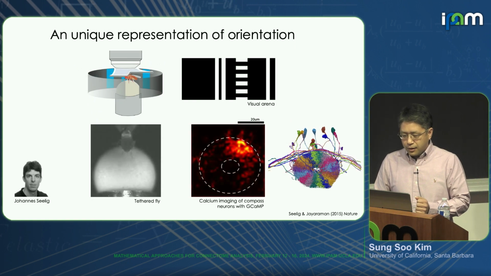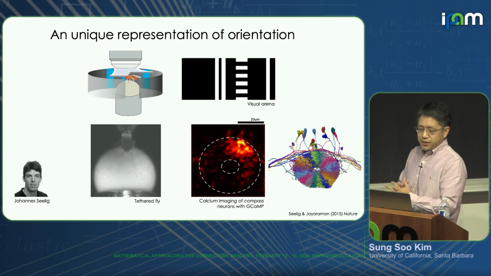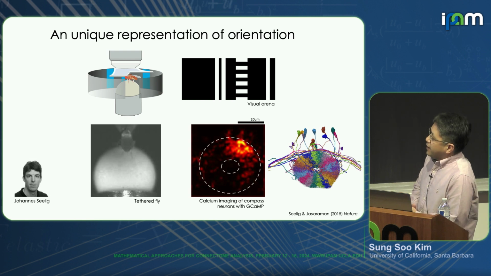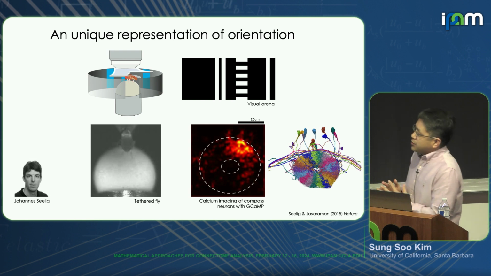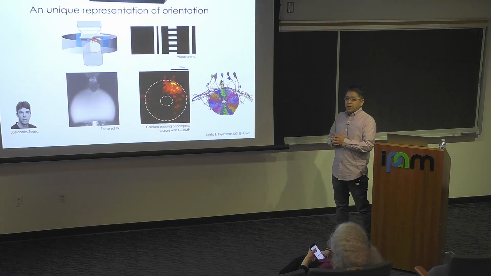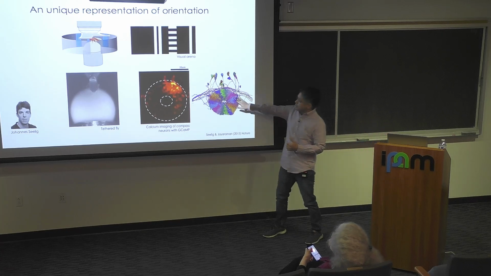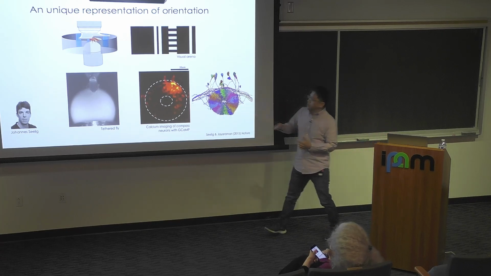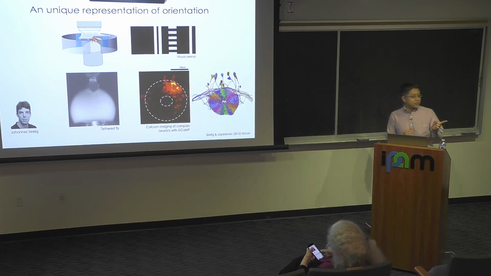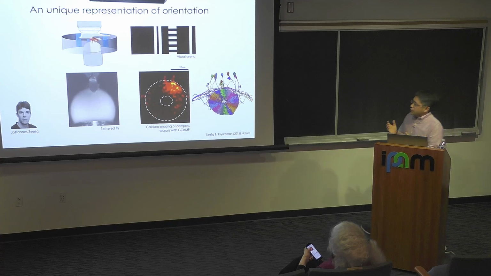And I think Vivek already showed you some similar video, but I cannot be bored with this video, so I'll show you again. Johannes expressed the genetically encoded calcium indicator, GCaMP, in the entire population of compass neurons. So you saw these neurons in Vivek's talk, and I think Larry also showed this population. Anyway, what you see here is